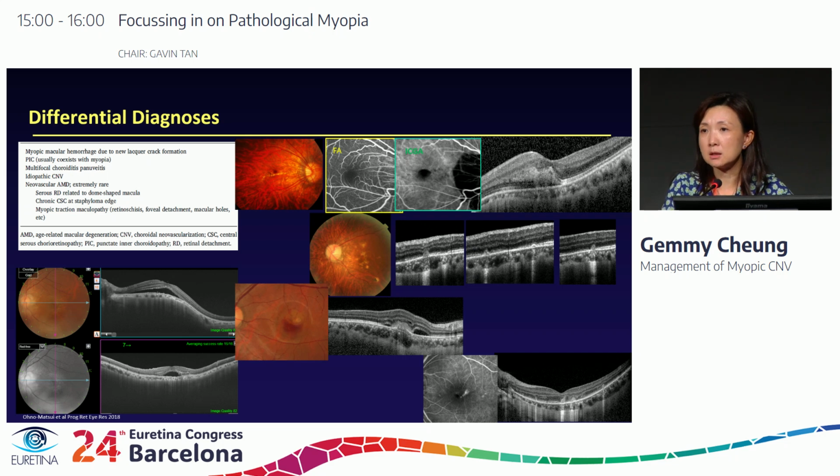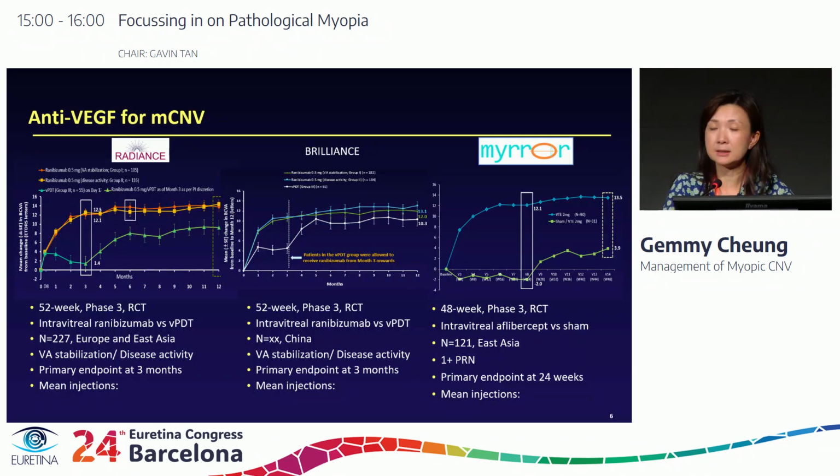We only see the fluid, and in this case, the fluid is secondary to the dome-shaped macula. In terms of treatment now, there has been little change over the past few years from the studies concentrating on Lucentis. These are the Radiance and Brilliance study, and the study on aflibercept, the Mirror study. So I won't go into the details because they've been around for a long time, but it suffices to say